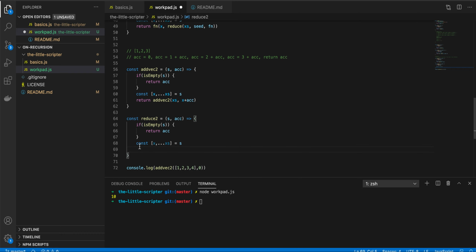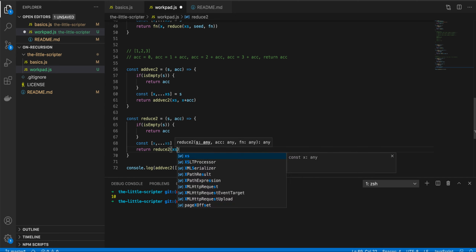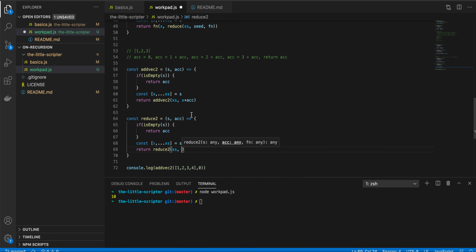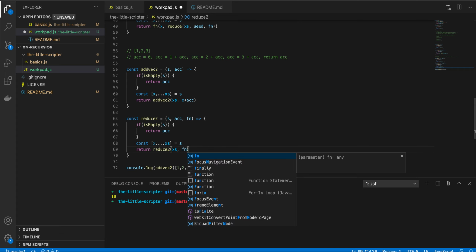Now at this point we want to recursively invoke reduce2, similar to the way we have done add2, on the remaining elements of the array, but we want to be able to perform an operation, and this is the operation that we want to externalize, because it can change, it can be addition or multiplication or anything else. So we take that function as an input, thus making reduce2 a higher order function,